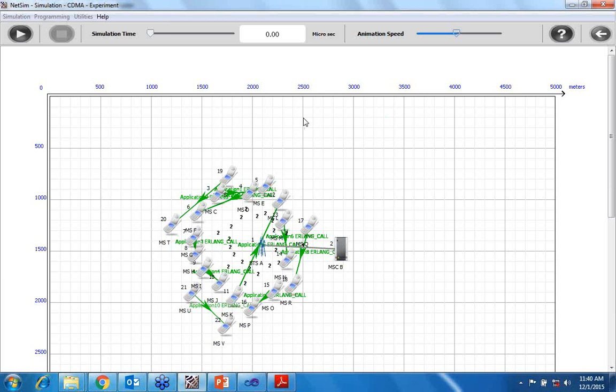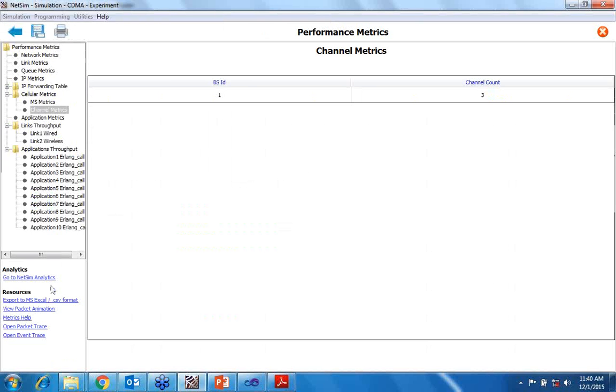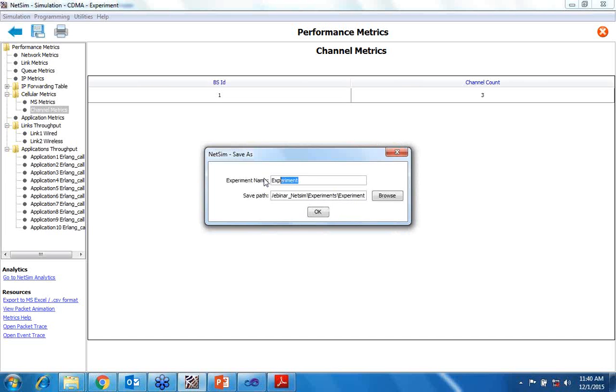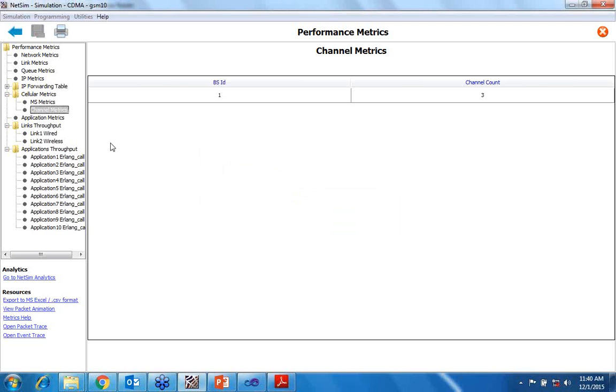So we just stop the simulation and go to the further analysis. And one more thing is there in NetSim Analytics. When you save this experiment, and when you click on this, go to analytics.